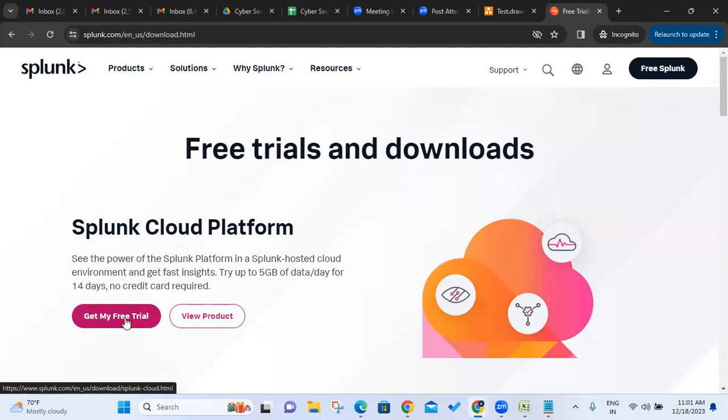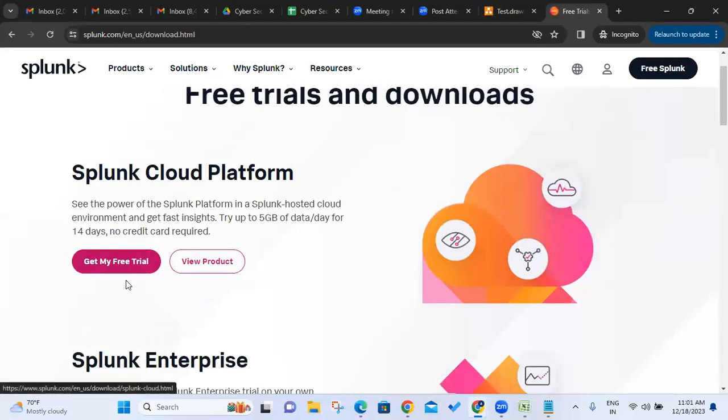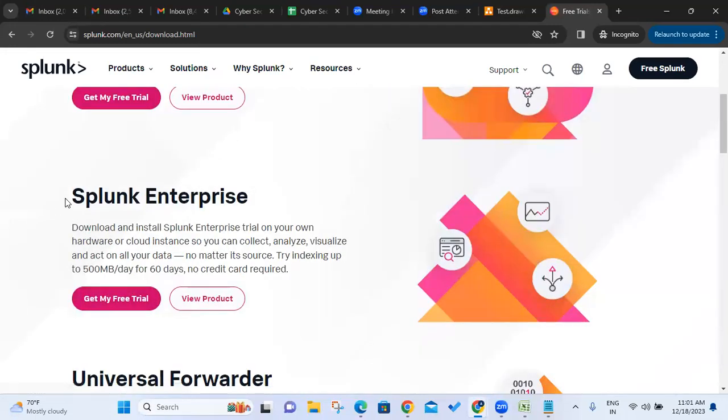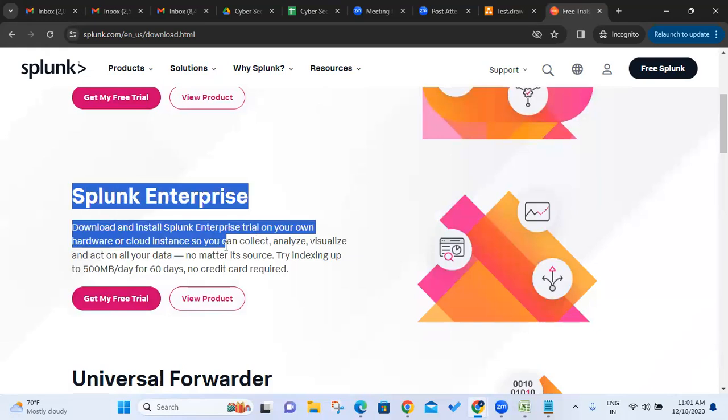Now, whatever we are downloading is software. It's not hardware at all. Are we purchasing any hardware here? No. Same thing here. We have to download Splunk Enterprise. Splunk Enterprise is nothing but enterprise level. As I said earlier, there are three different types of